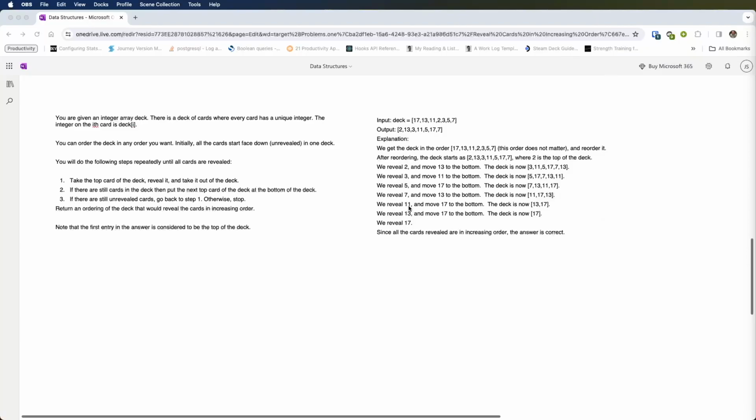Today we're looking at the problem Reveal Cards in Increasing Order. In this problem, we're given an integer array deck. In this deck of cards, every integer is unique, and the integer at the ith card we can refer to as deck[i]. We can order the deck in any way we want, and all the cards of this deck will initially